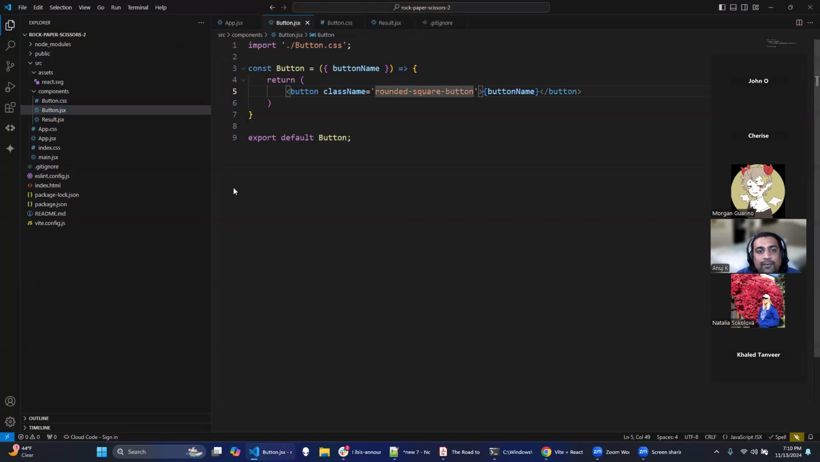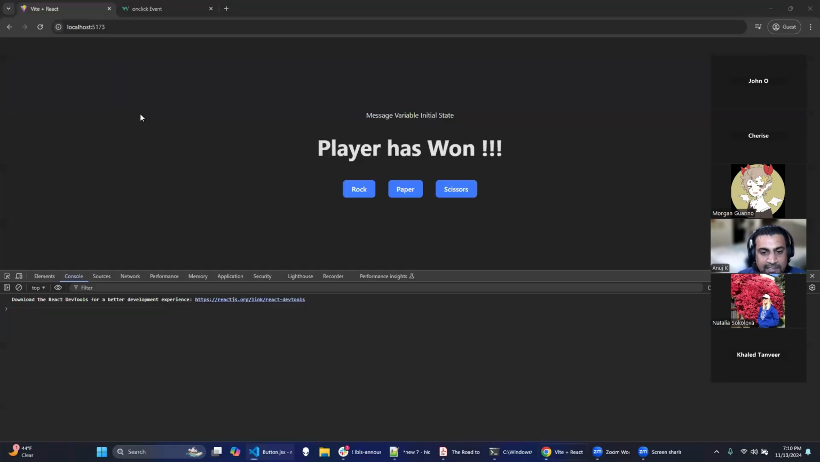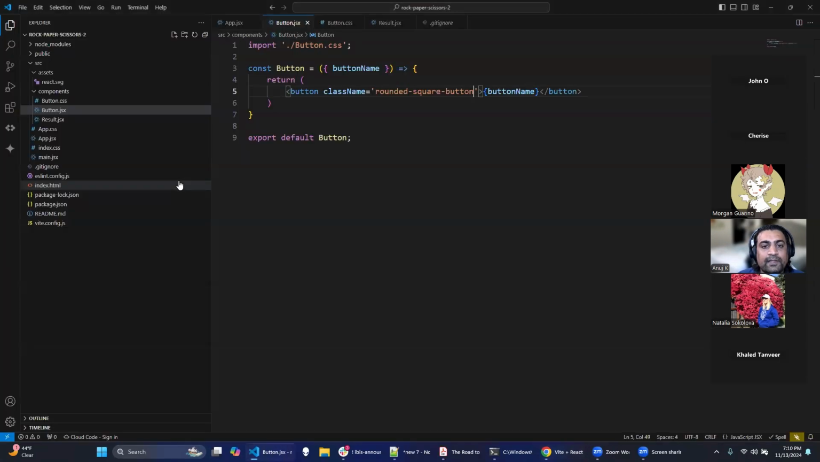and this class makes our buttons rounded and blue and square. Besides that, I want my button to be displaying not just the text, but some sort of variation of this rock, paper, scissors. So let's do that. For that you can directly do this. You can use the operators as